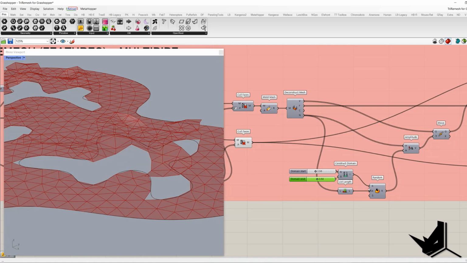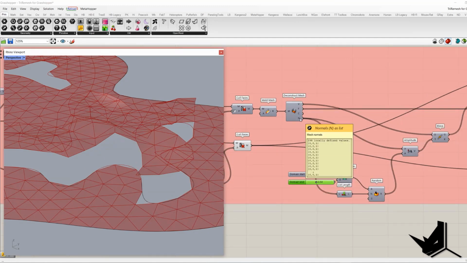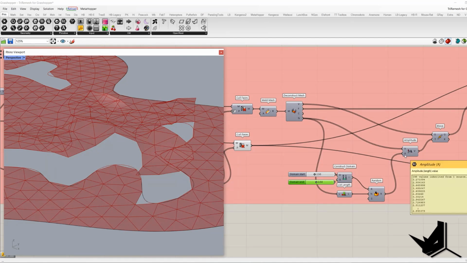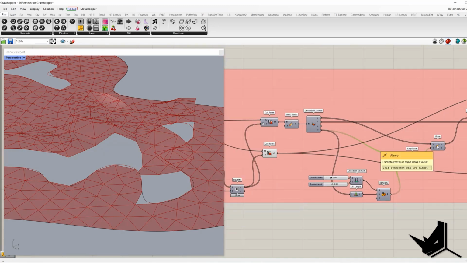So within this domain, I'm going to generate the same number of values, as many as we have vertices. So this output I'm going to place in the list length, and here we can check we have 198 values. This number will be placed in an input, and we'll have 198 values within domain 2.5 to 3.5. The vector which we'll use to move vertices of the mesh are the mesh normals, and the mesh normal will be placed in the V input of the amplitude, and in the A or amplitude will be these values that are being generated here. Okay, so once we have the vector, we'll place it in the T input of the move component,